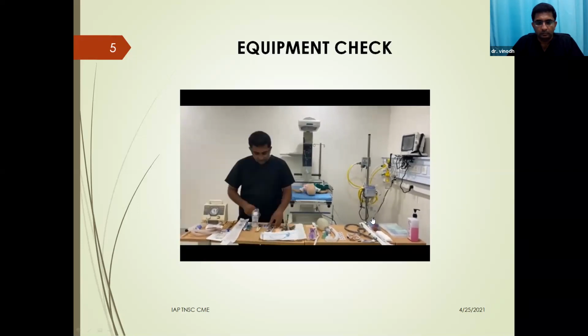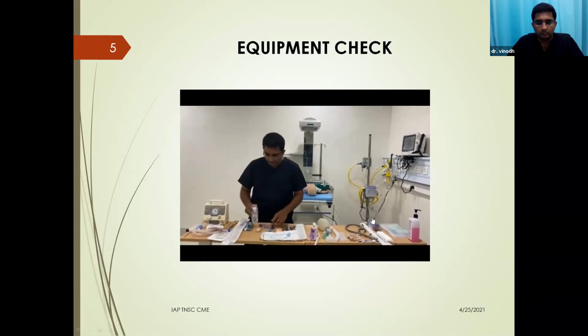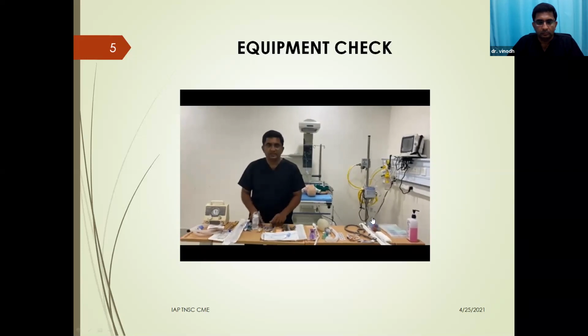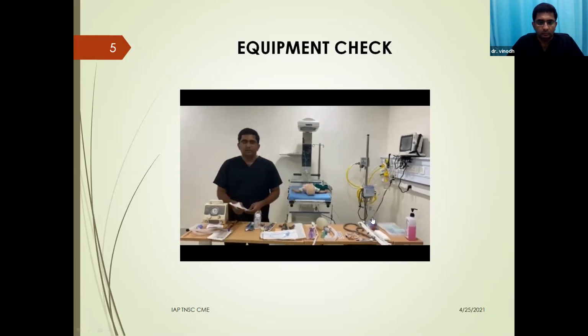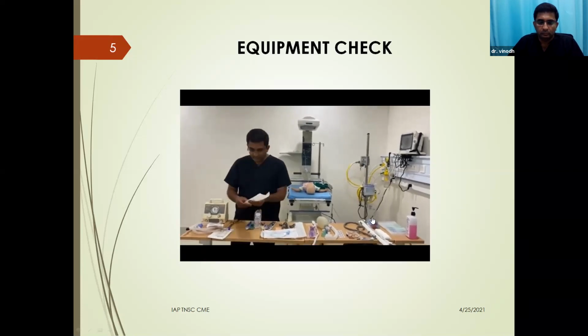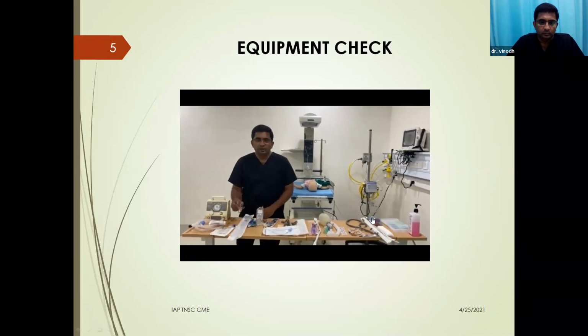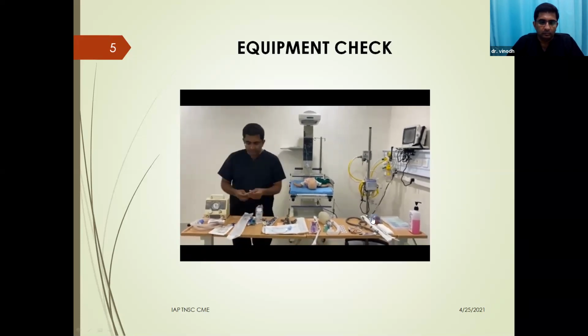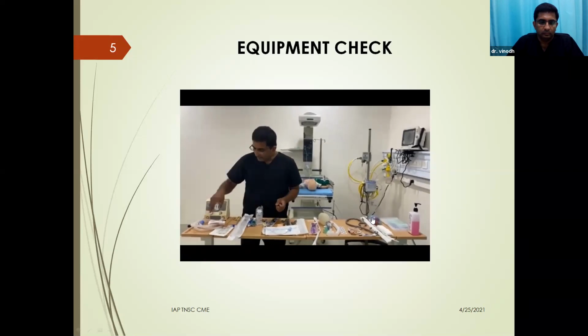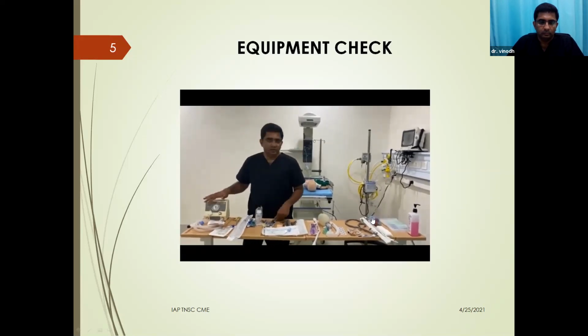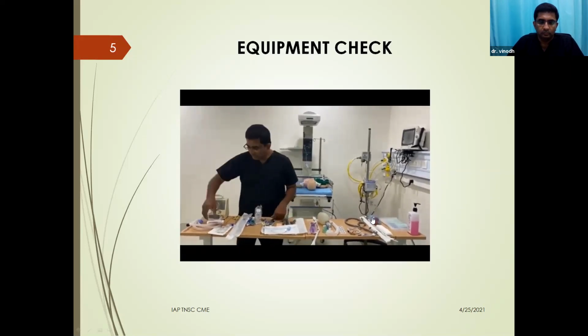Then coming to medications, we need to have adrenaline, normal saline. We need to have appropriate size syringes like 1 ml, 2 ml, 5 ml and 10 ml syringes. For establishing vascular access, we need an umbilical catheter, a 3-way adapter. To cut the adhesive tapes, we need to have scissors. And this is the T-piece resuscitator, we can use it instead of the self-inflating bag.